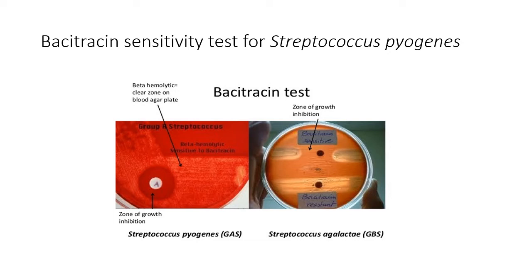Of course, it also depends on the clinical sample, but group A, group B, group C, group G are the usual common beta hemolytic strep seen in infection in man. Once we have done catalase and that is negative, we proceed to identification of the different serotypes. Bacitracin is a very simple test. You do a lawn culture, or suppose it's from a throat swab, a child came with a sore throat and you think it's streptococcus.